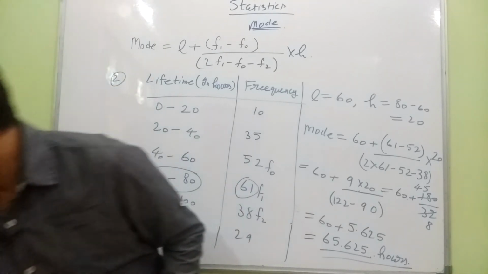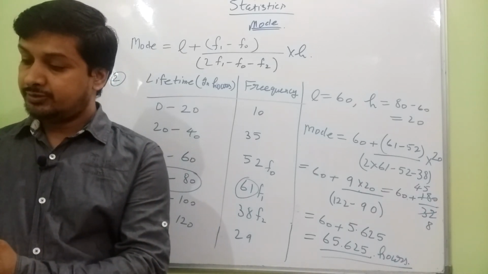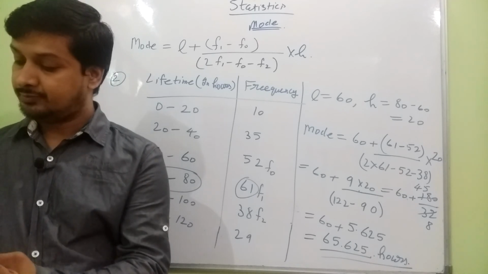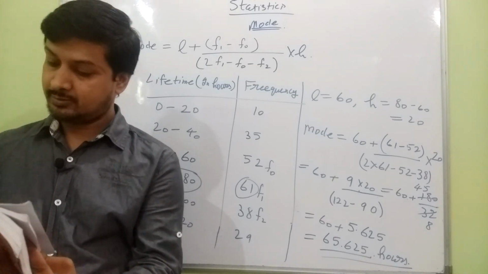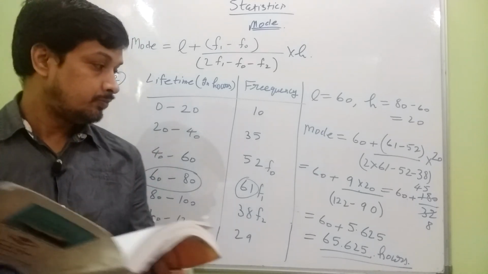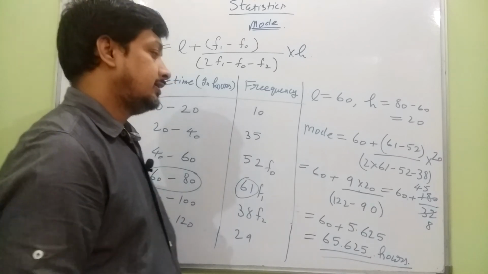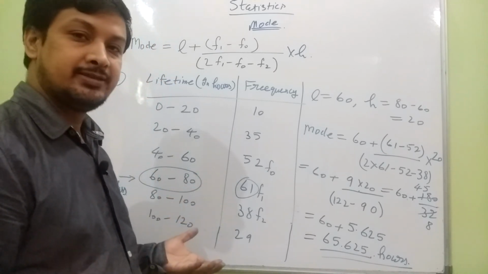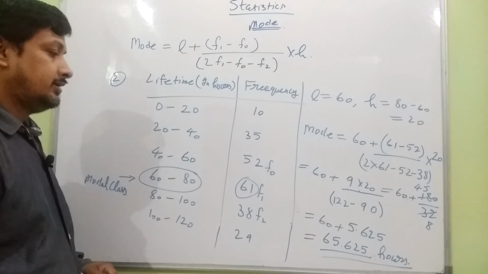So we can check by the book also. It is exercise 14.2 and question number is 2. 65.625 hours. So it is correct. So students, I think this is a very easy method. So you have to practice it, and